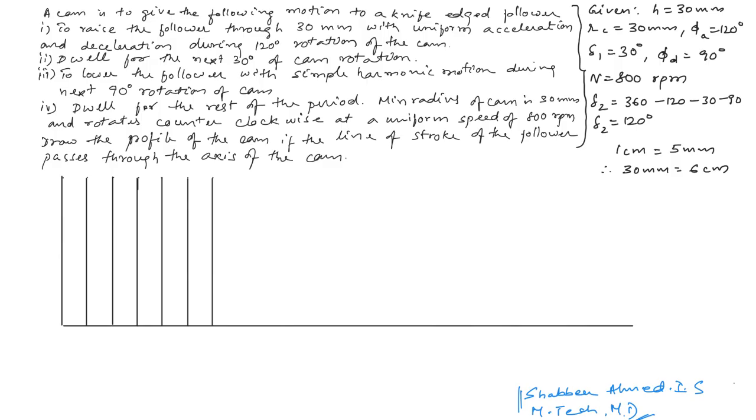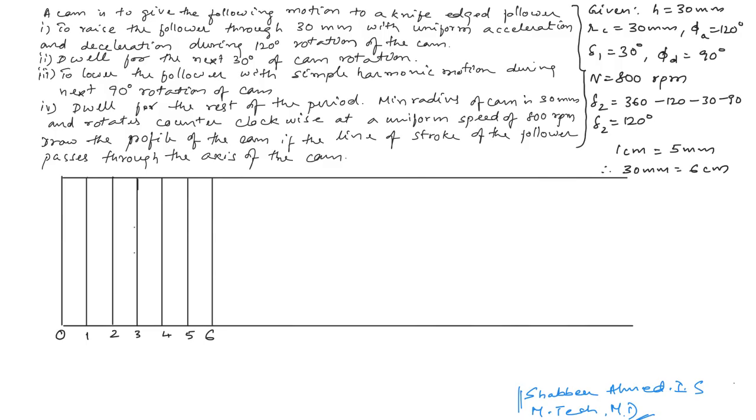Now draw the upper line also for an arbitrary length. Now we will number the lines starting from 0, 1, 2, 3, 4, 5 and 6. Now for constant acceleration displacement of the follower, select the middle line, that is the line numbered 3, and divide it into